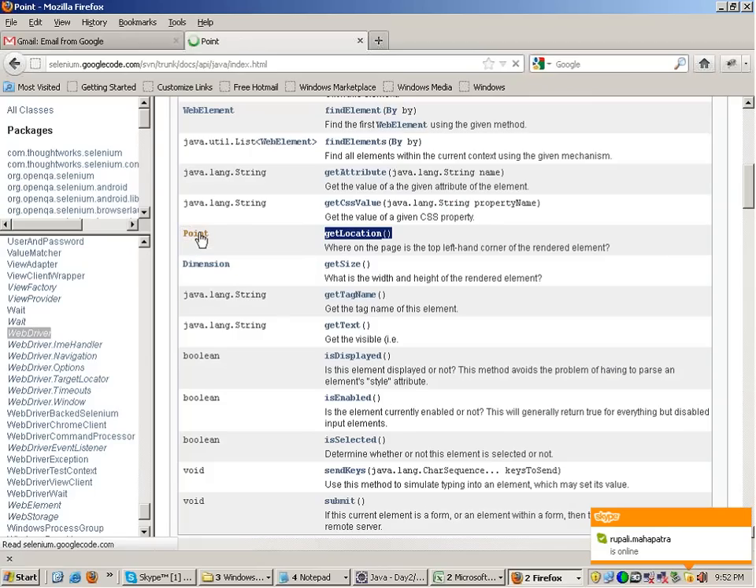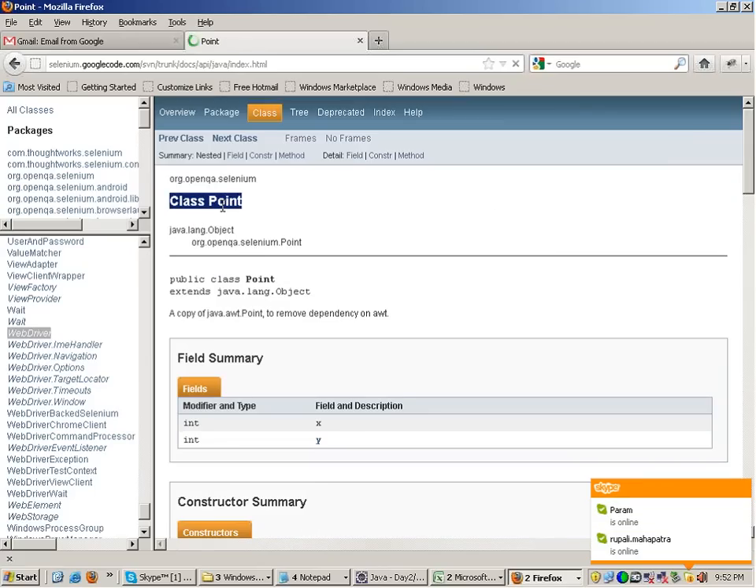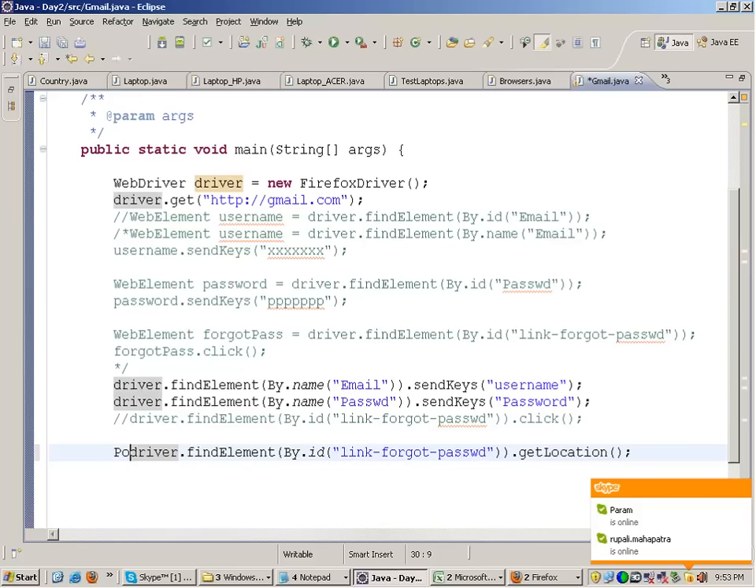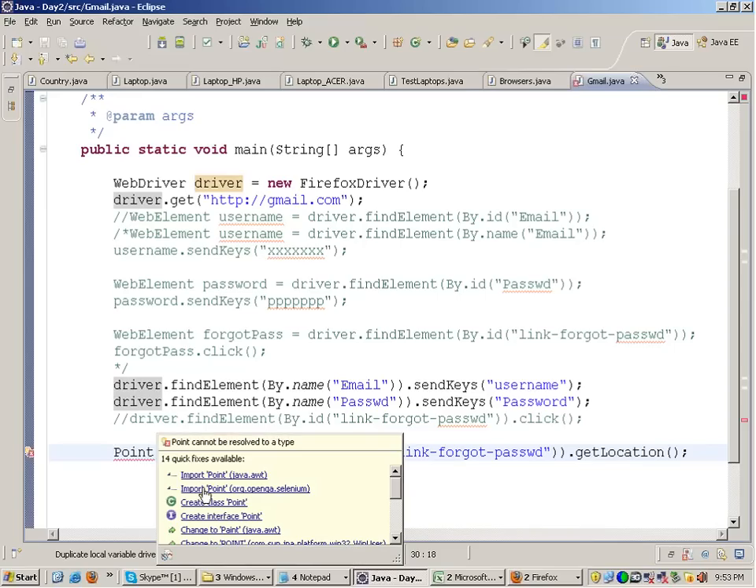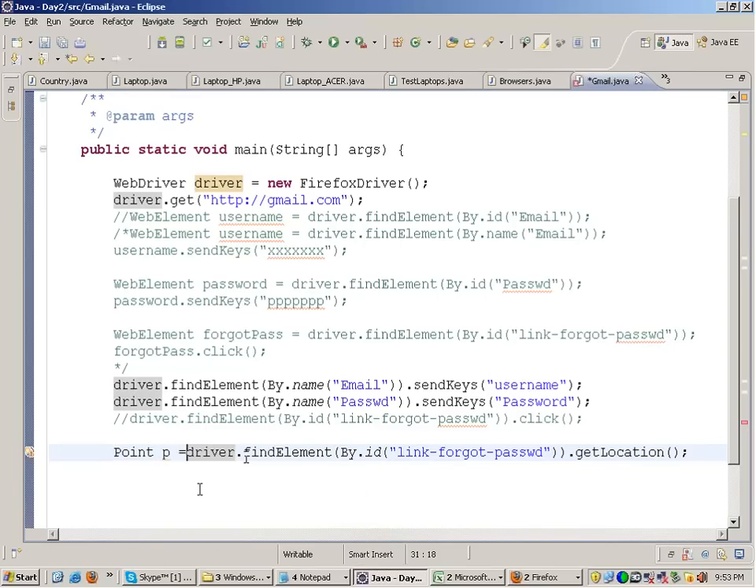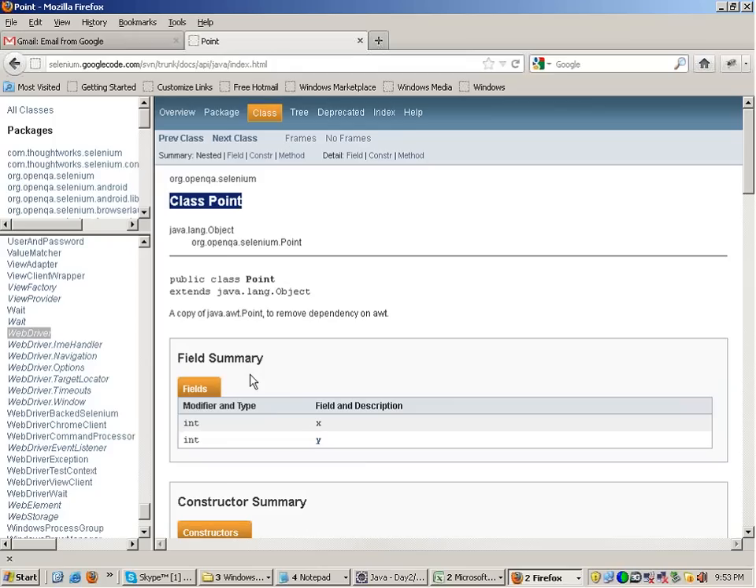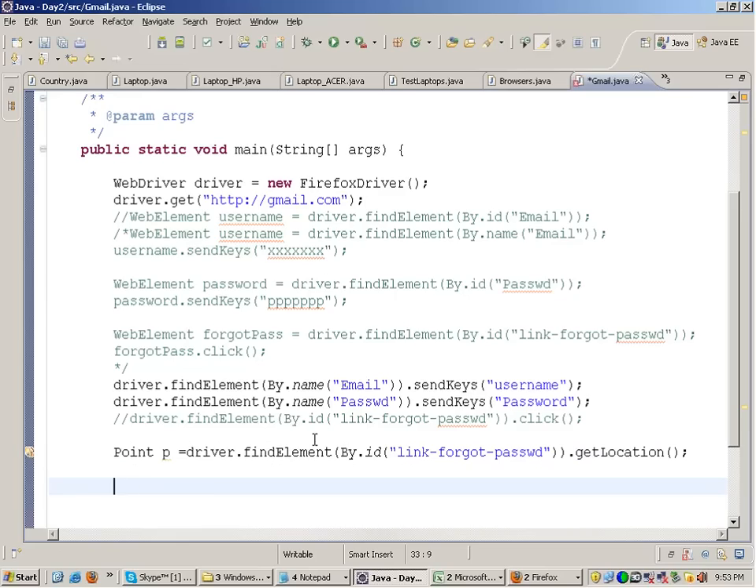Let this open and click on it. It will return the object of the Point class. So you can write over here Point p equals this, right? And the Point class has got two fields, x and y. So if I write System.out.println, this is the object reference of the Point object which is returned by getLocation. So if I write p.x